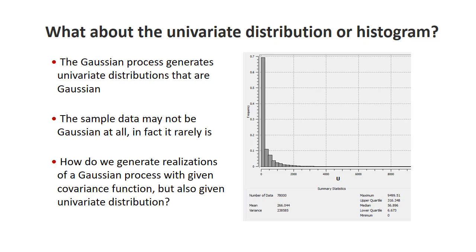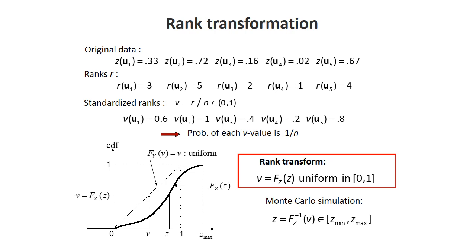And so the question is, if my distribution looks something like that, skewed, how do I generate samples that have that distribution? To do that, we simply rely on a simple method called the rank transformation. It's a transformation which is rank preserving, and that transforms any histogram into any other histogram. Here is a very simple example of how you transform data into a uniform histogram, or the uniform score